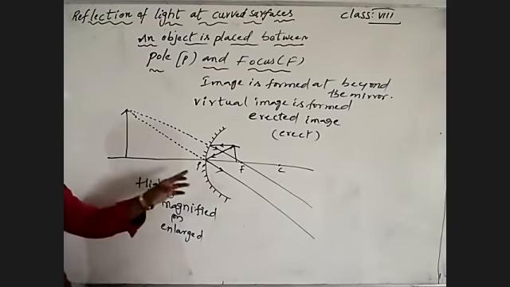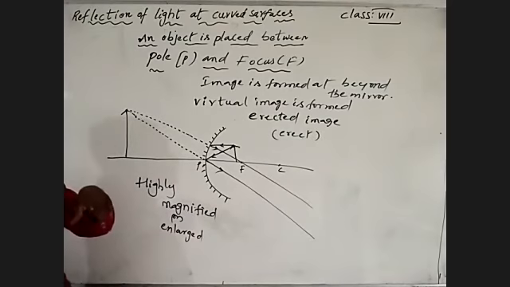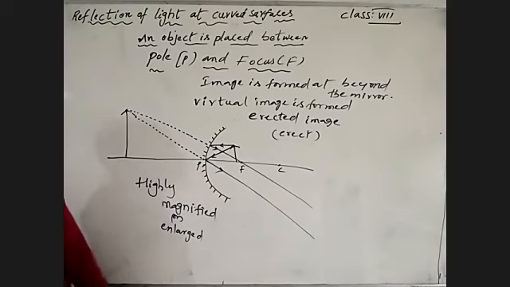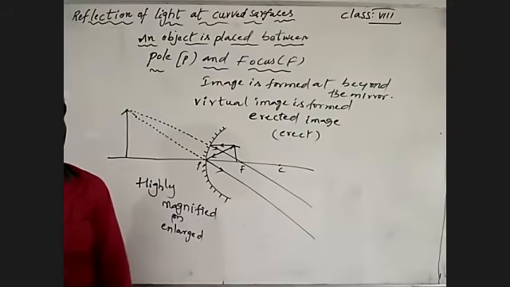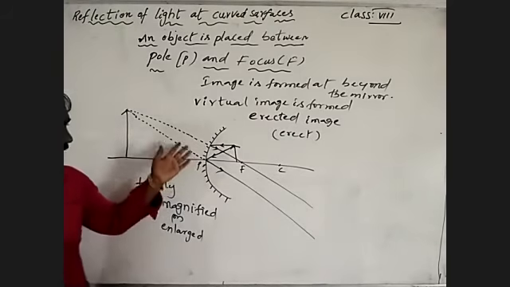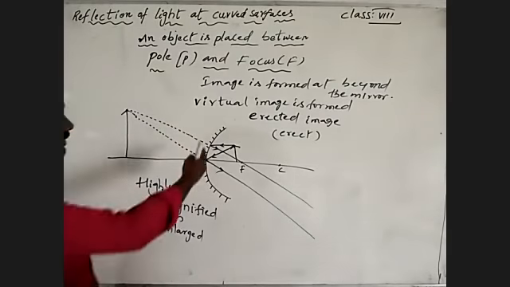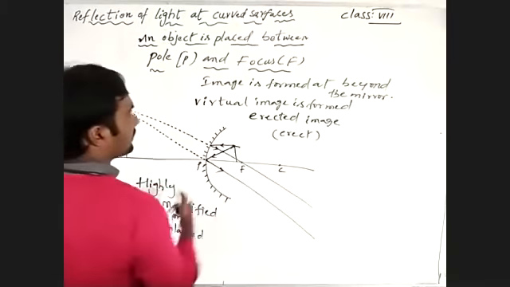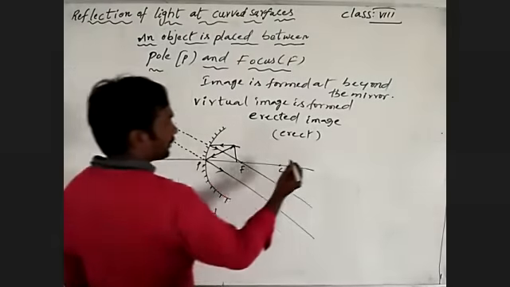Okay, a concave mirror gives not only real inverted images, it forms virtual erect images also. That's why in our past class we discussed that concave mirrors form both real and virtual images, which is the difference between concave and convex mirrors. Understand? Now there is another way to draw, through the center of curvature also.